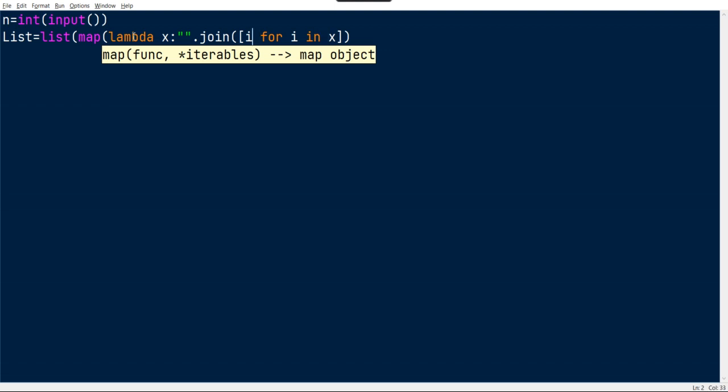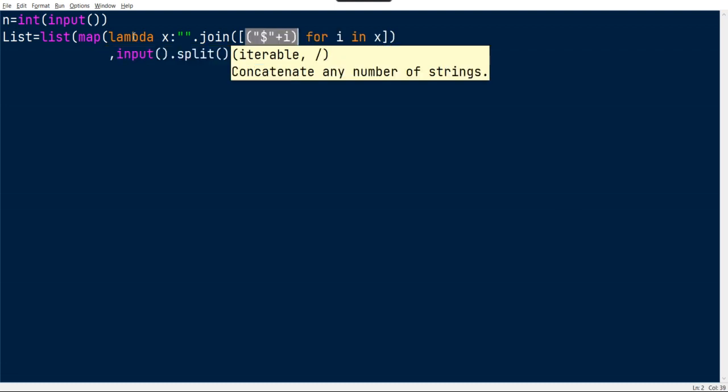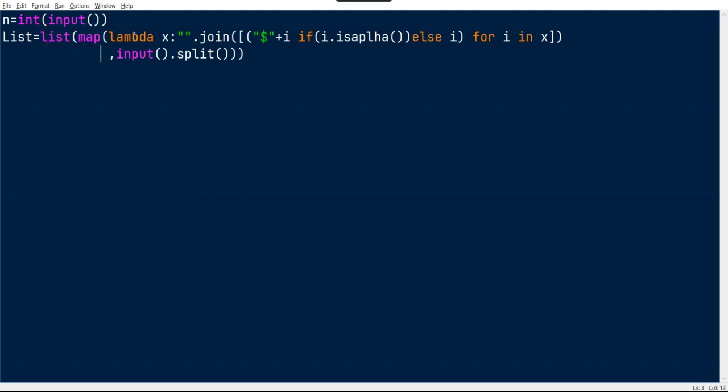If i is alphabetic, put dollar plus i, only if i dot is alpha. Otherwise, just put the value of i.